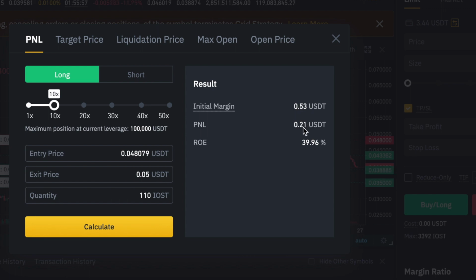Note that my P&L does not change. It is only the return on equity % that's increasing. I am getting more with less. Finally, the times 50 leverage is what I used when I opened the long position, a few minutes ago. And the 11 cents was my initial margin.